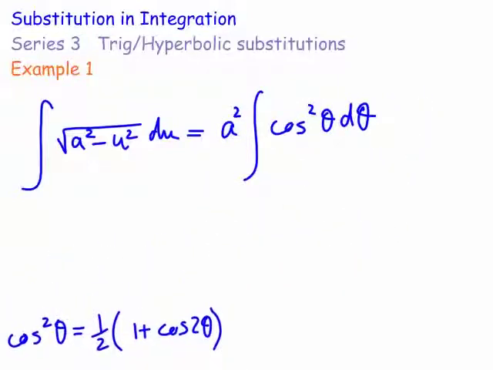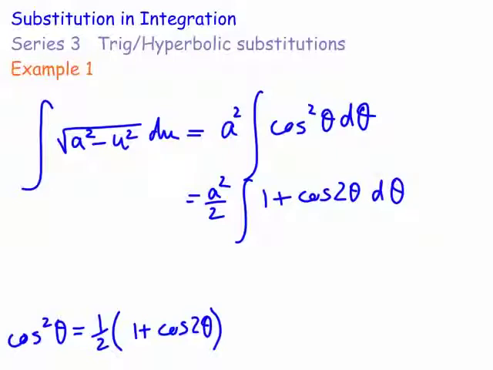So we end up getting, first up, a squared on 2 times the integral of 1 plus cos of 2 theta d theta. Now we can see that this is just going to be equal to a squared on 2 times theta